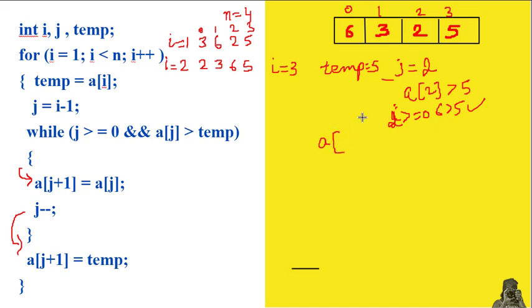Now inside this while loop, what we have to do is, a j plus 1. So jth current value is 2. 2 plus 1 is 3. A of 3 now will be storing the value of a of j, which is a of 2. So now this 6 will be shifted to next position. So let me write it here: 2, 3, 6 and 5. So meaning of this statement is this 6 will be shifted or swapped to the next position. So 2, 3, and now here's the question mark, and 6 is shifted to the next position.